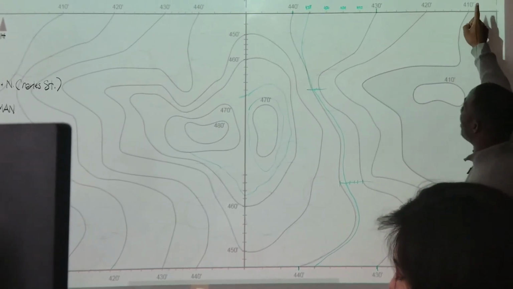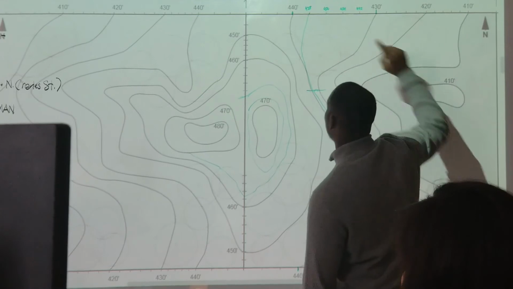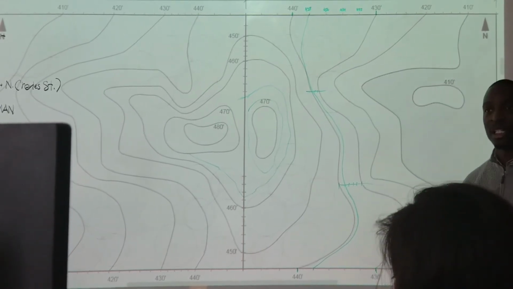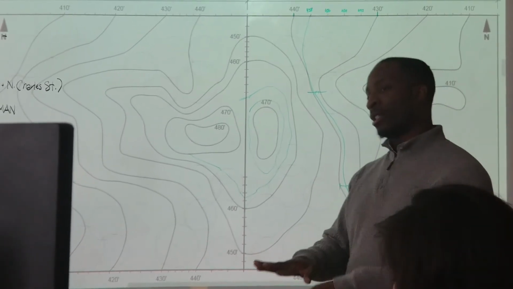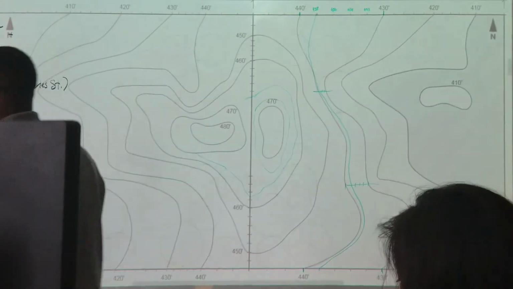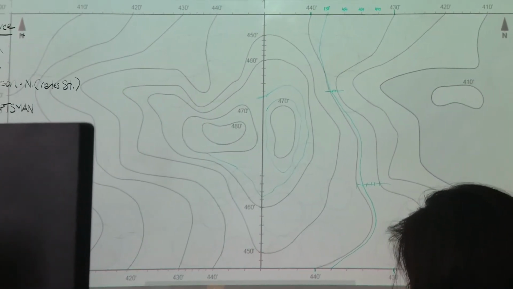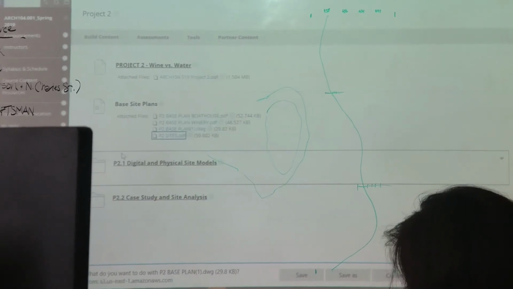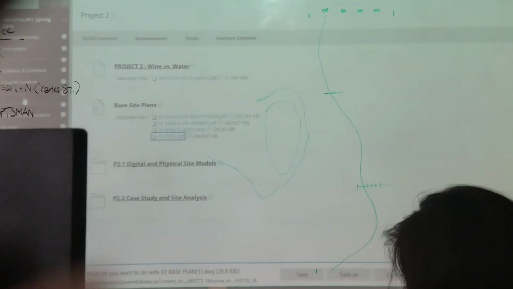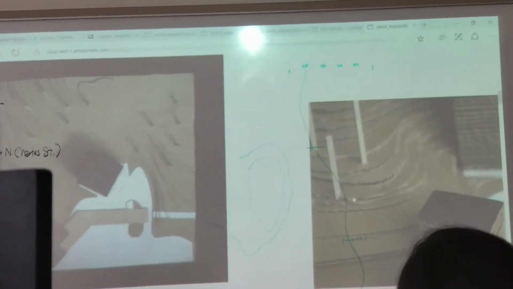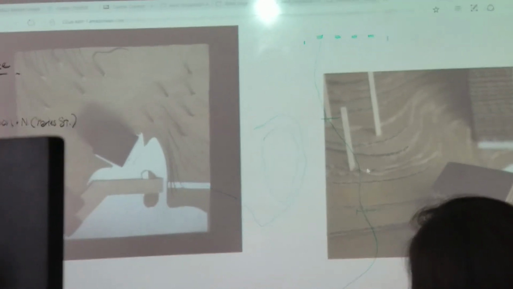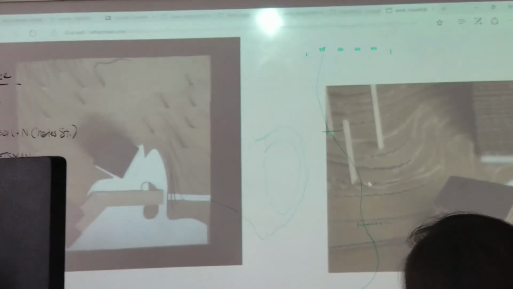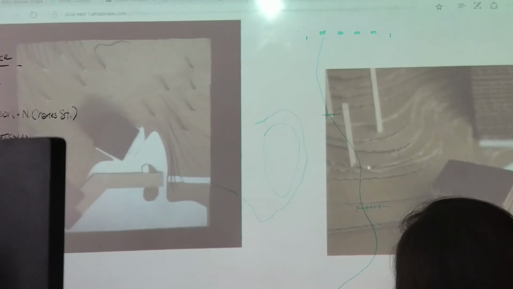Now you guys have what? A bunch, let's just say a bunch of cuts. A bunch of lines to draw, a bunch of cuts to make. And you'll do very elaborate site models, okay? Now Blackboard has a few examples I'm gonna show you. Let me see if I can find it. Now I'm gonna tell you, and I'm particular about this, and I'm gonna tell you this right now. It might cost you more chipboard, more cardboard,